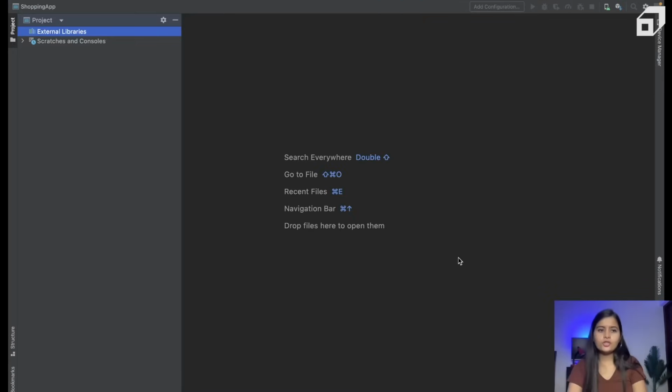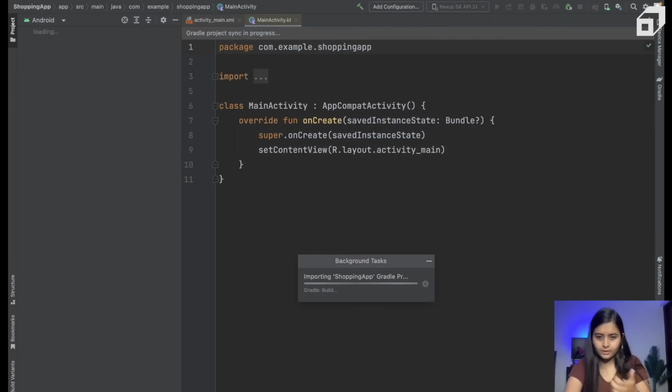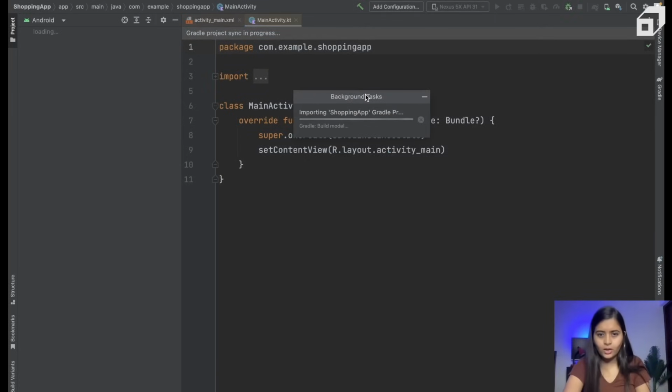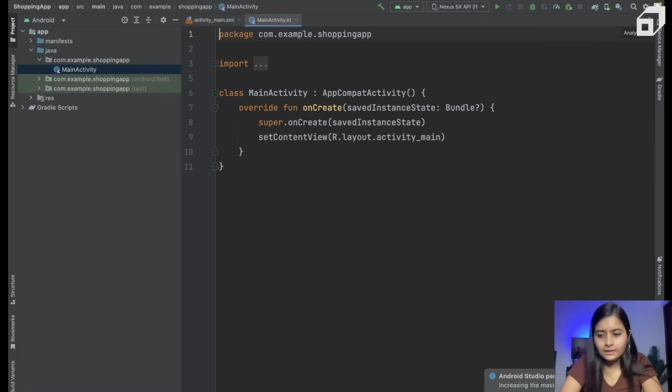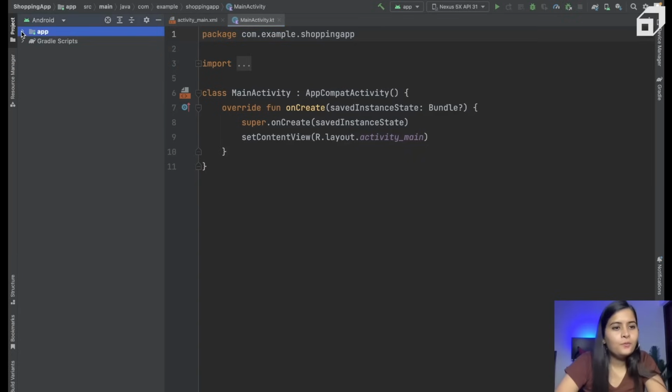Once you click on finish, some downloads happen in the background. Here you can see the background tasks which are going on. It is importing some Gradle projects, it is doing some builds and so on. The time taken for these background tasks will depend on multiple factors: your local machine, the storage in it, the internet, and so on. Now I assume that you are familiar with this software a bit,